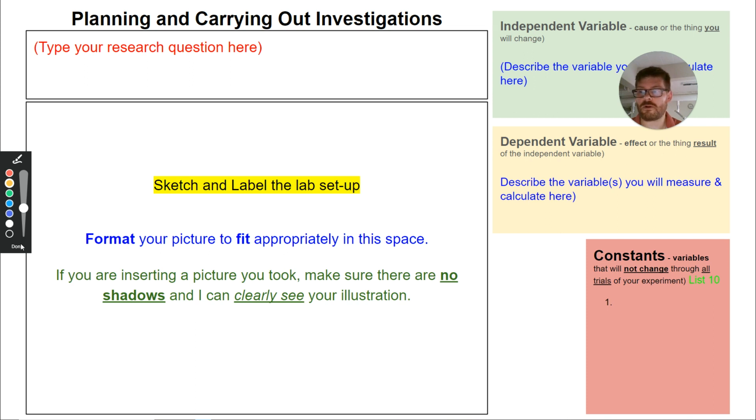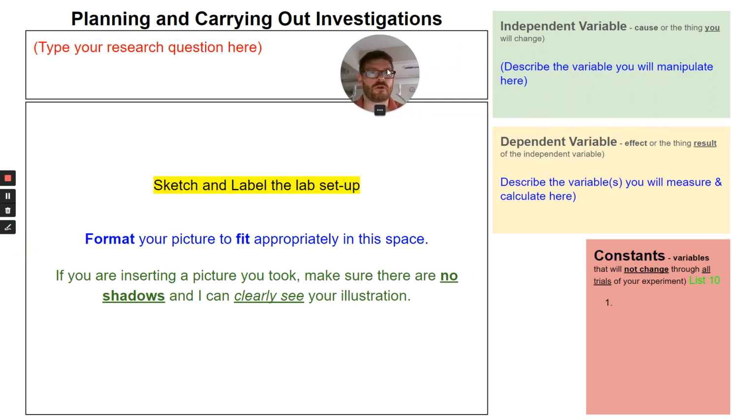Up here, I better get rid of that. Move the floating head. This is where your variables go, okay? Independent variable, dependent variable. Independent, the thing you're changing. So this is going to be one of your two variables. Is it going to be how does pressure affect volume? How does temperature affect pressure? What's it going to be? Put that up here. And then this is the other variable from your gas law, the dependent variable. Okay, so please get this filled out.